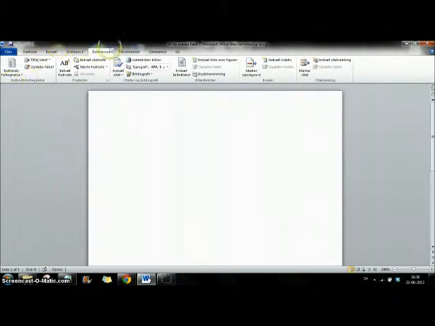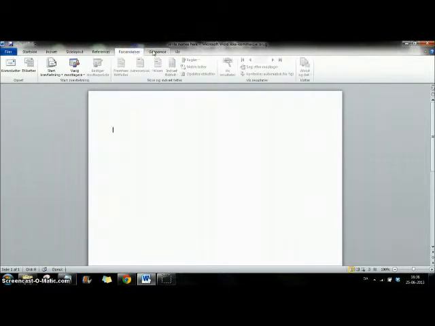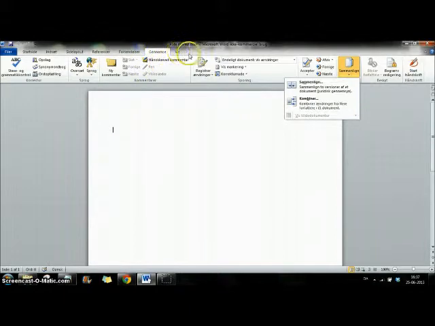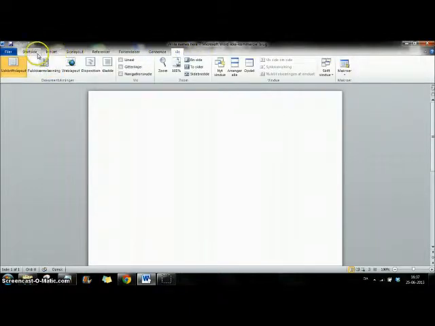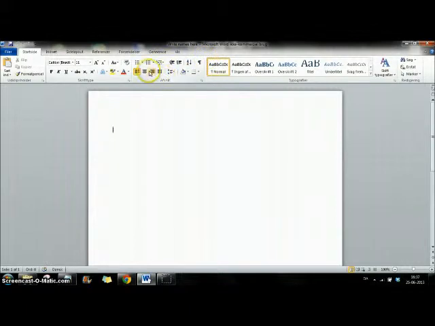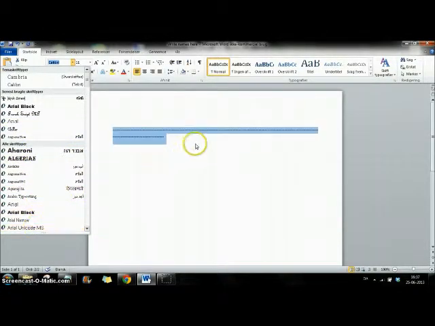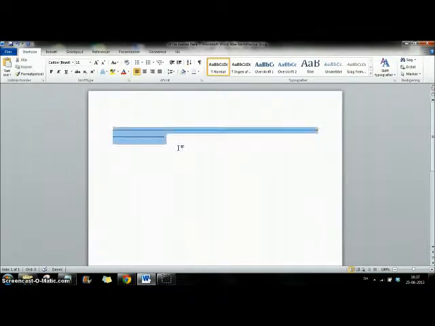I actually don't know how to do it right now, so I'm just looking around to see it. Cool. I didn't know that. But you can make these lines all the way down.